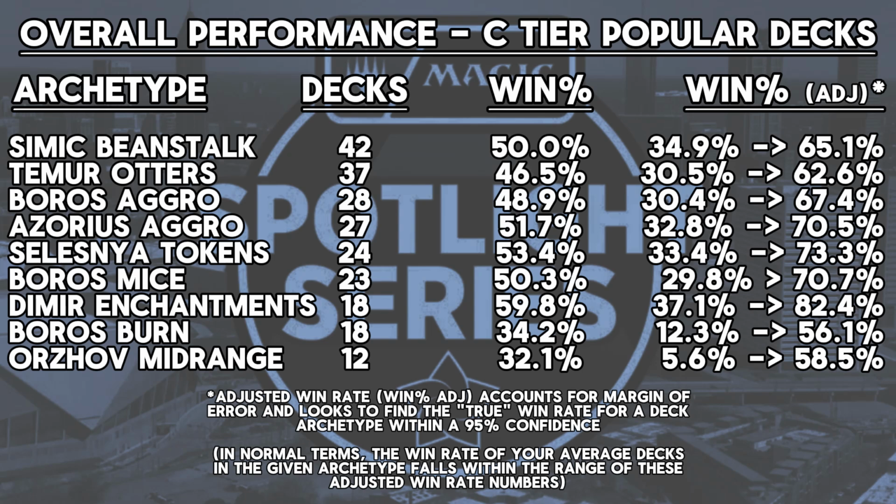At the bottom of this section, we see Orzhov Midrange and Boros Burn, yet another Boros deck opting for low creature counts and higher amounts of Bolt Wave type spells. Meanwhile, the Orzhov deck saw many of the same flaws the Golgari did, but without key cards like Glissa to save itself in most cases, giving it the lowest win rate of all of the C tier or higher archetypes